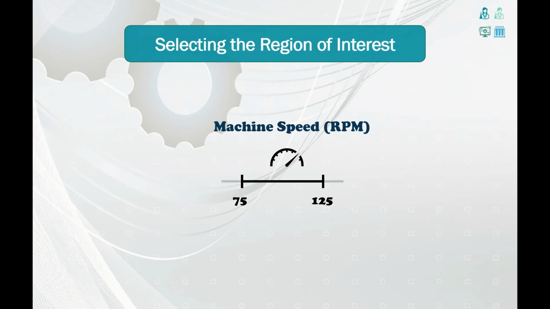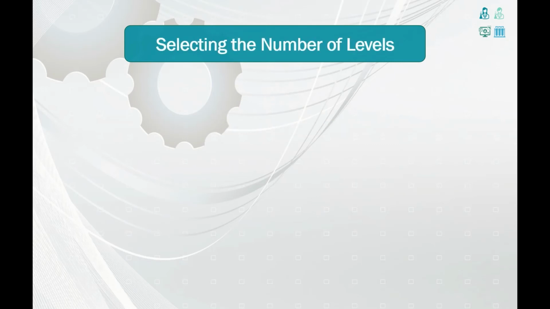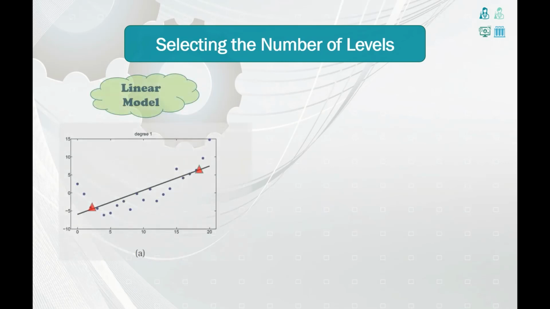Next, the experimenter needs to decide on the number of levels at which the factor will be set in the experiment. The levels are the specific values that the input factors will take in the experiment and are sometimes referred to as factor treatments. As the number of levels increases, the experimenter will gain more knowledge regarding the nature of the relationship between the process inputs and the output. Specifically, the order of the model that the experimenter will be able to fit will increase as the number of levels increases. For instance, the experimenter will need to vary each input factor at least 2 levels to estimate the linear effect of the input on the response.